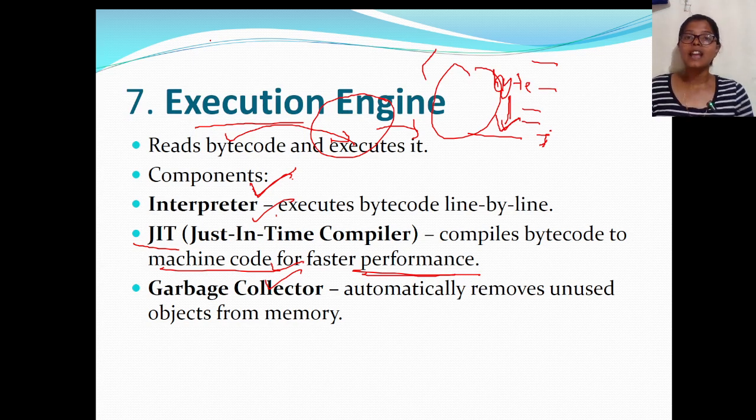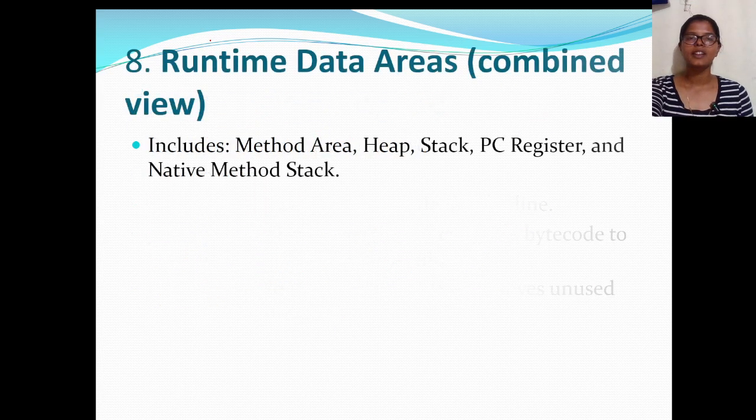Just-in-time compiler compiles the entire bytecode and converts it into machine code for the best result. And garbage collector, what does it do? Any unused object in a program, that object's memory will be reallocated at runtime while executing it. We already discussed the native method stack when we were discussing the native method